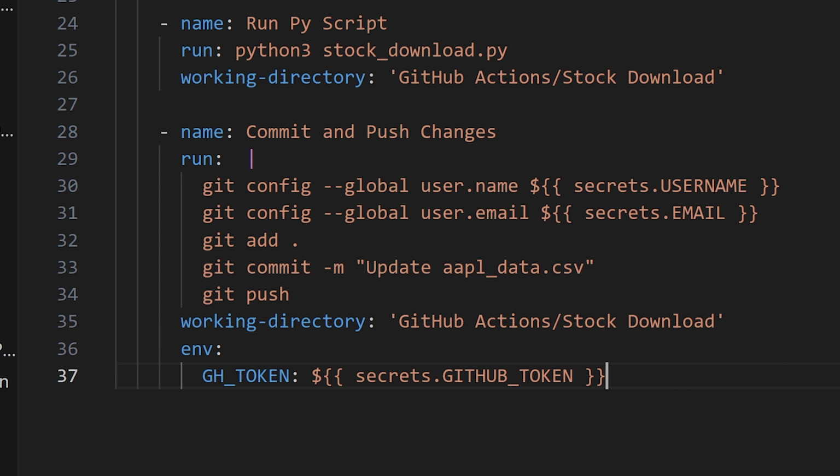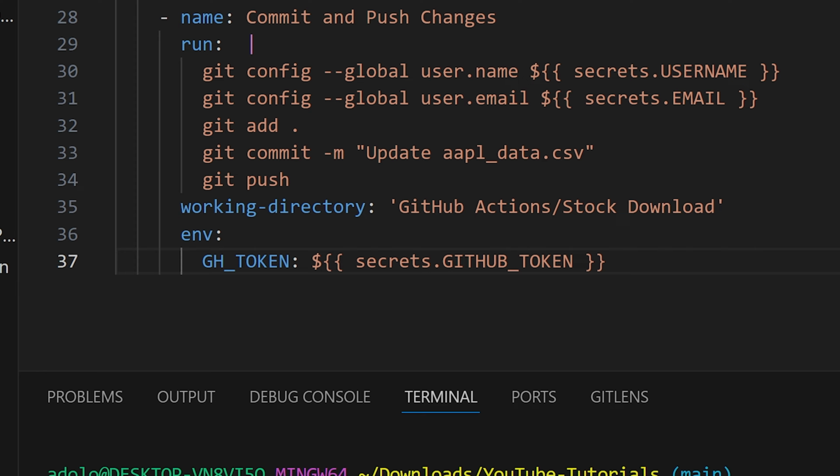At the start of each workflow job, GitHub automatically creates a unique GitHub token secret to use in the workflow. When GitHub Actions is enabled, GitHub installs a GitHub app on the repository. The GitHub token secret is a GitHub app installation access token. We are done with our YAML file.